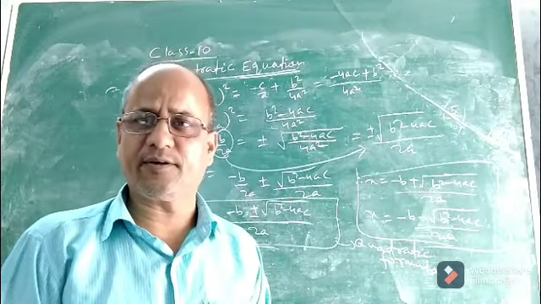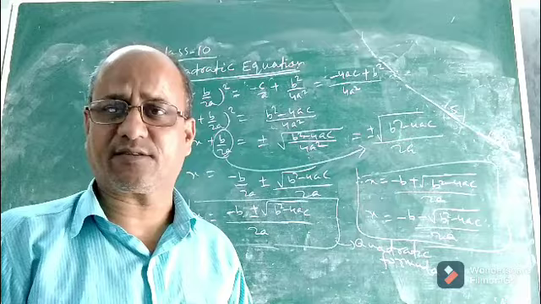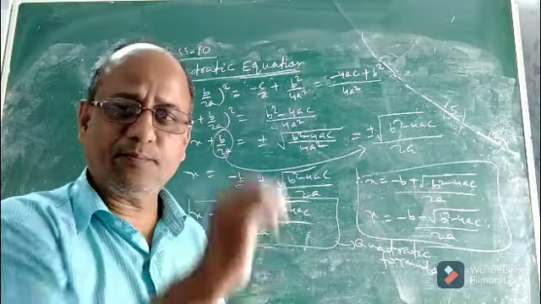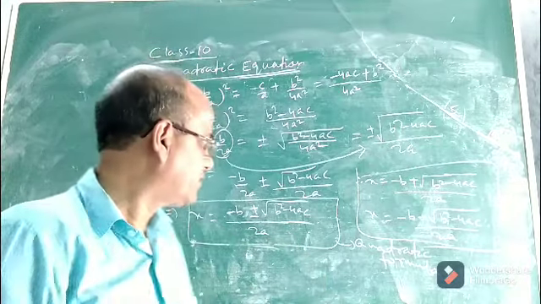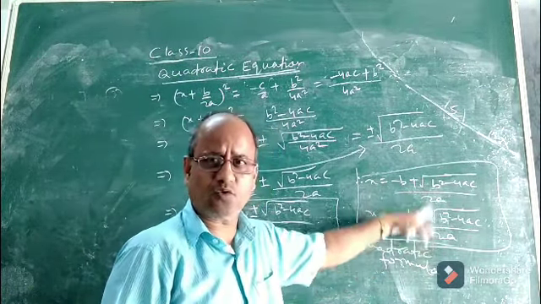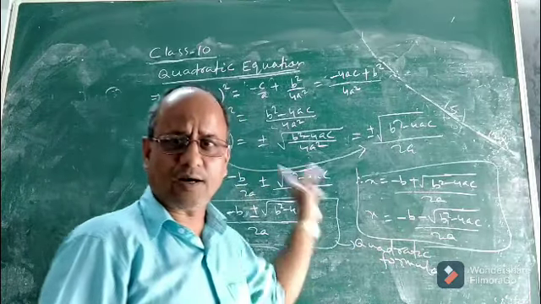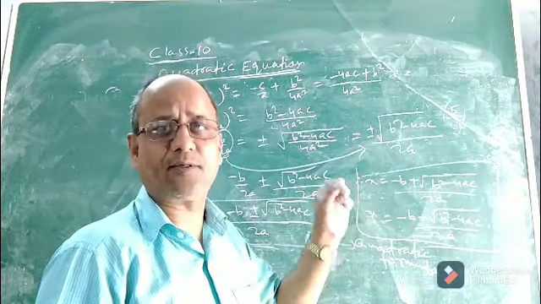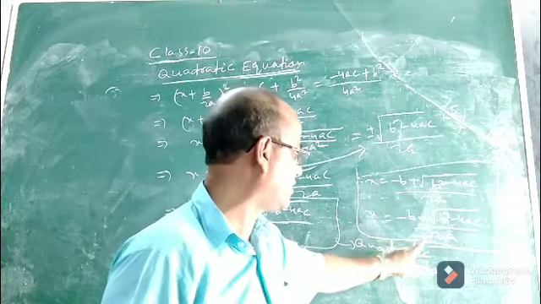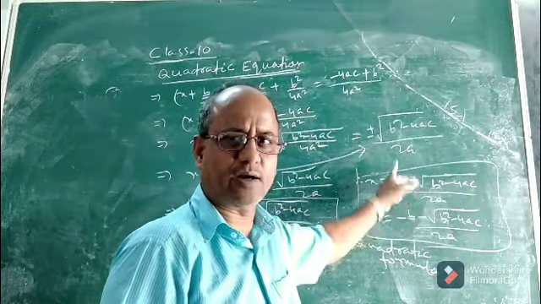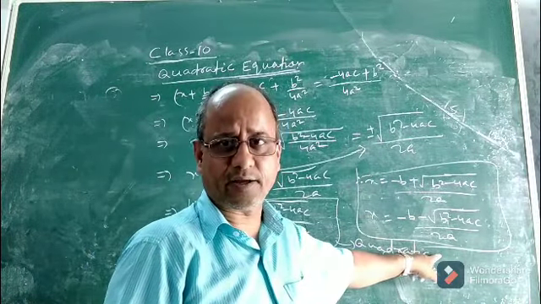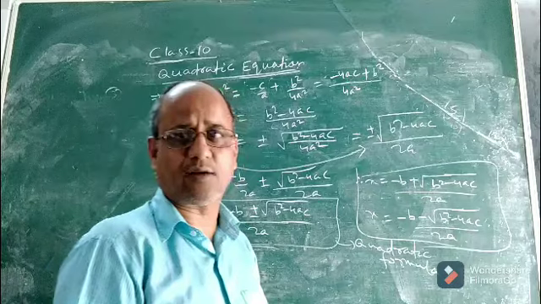And it is very easy, children, to solve any quadratic equation using quadratic formula than those previously discussed methods, that is the factorization method and splitting middle term. You can use simply directly the formula if you remember. So see, if x equal to this and x equal to this, these two are the roots or solutions of the quadratic equation ax square plus bx plus c equal to 0. You can take this one alpha, this one beta, or this one beta and this one alpha. Any one can be taken as alpha or beta.